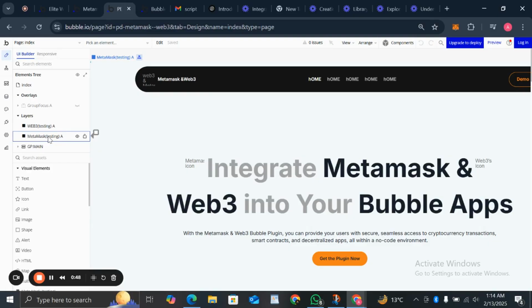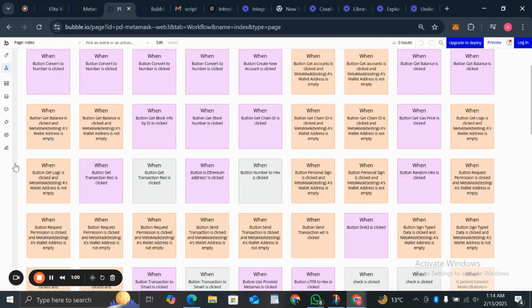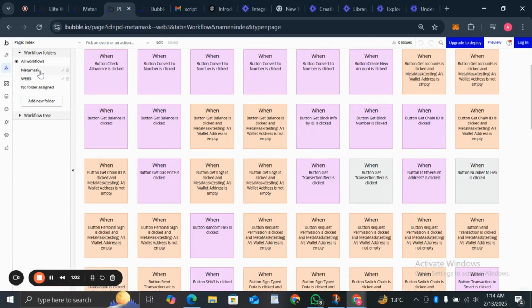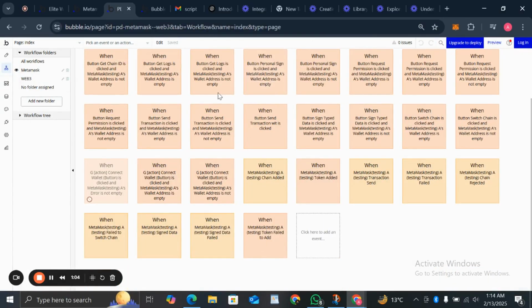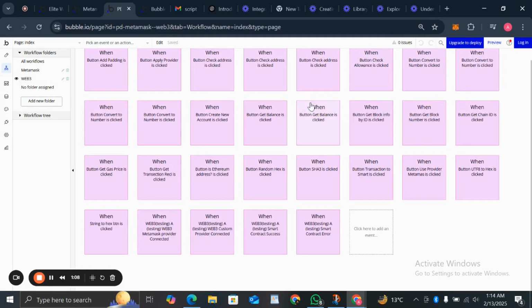For MetaMask, you can use actions with the element of the MetaMask, and Web3 actions with the help of Web3 elements. One more thing, we made folders for both of them. For the MetaMask here are all the workflows, and for the Web3, all